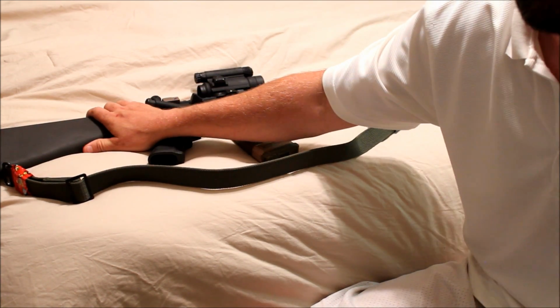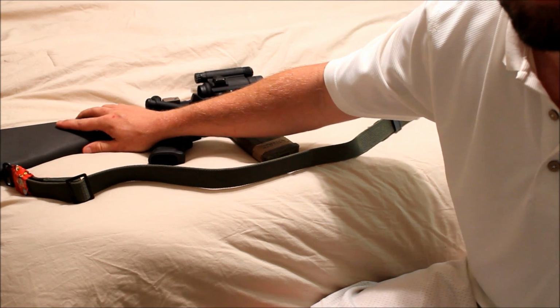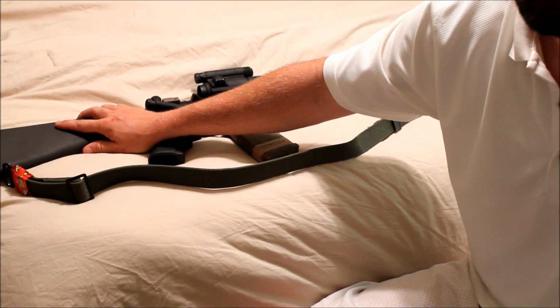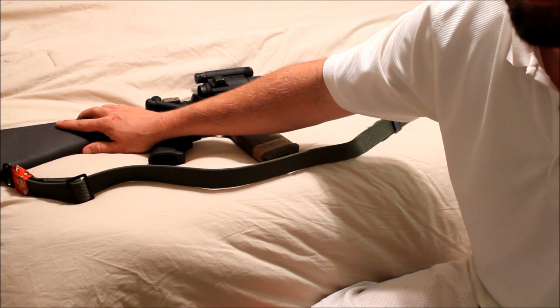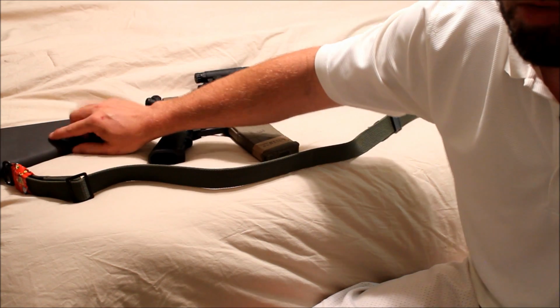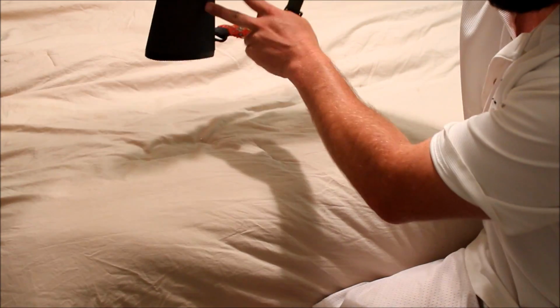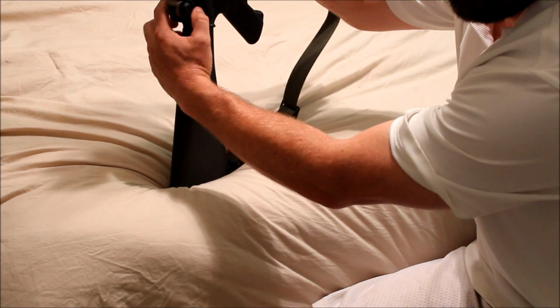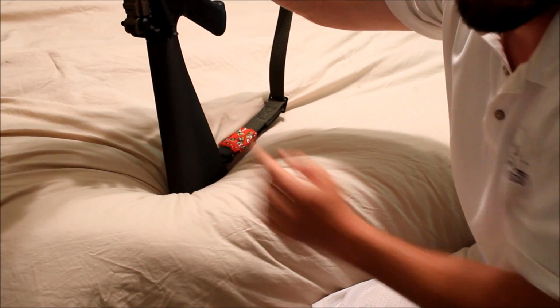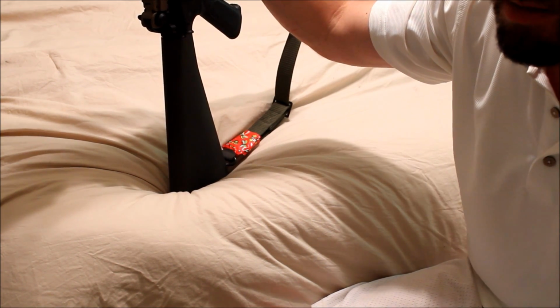Why do I have a solid stock on this rifle? Well, for a lot of reasons. If you guys have shot ARs or M16s any length of time, you'll know that sometimes you'll get a stuck case in that chamber, and no matter how many times you run the bolt, it won't come out of there, or the bolt won't even move back at all. So what you can do with a solid stock is take it up like this and boom, pound it down as you pull on the charging handle. They call it mortaring it. That's a very common stoppage in an AR or an M16,